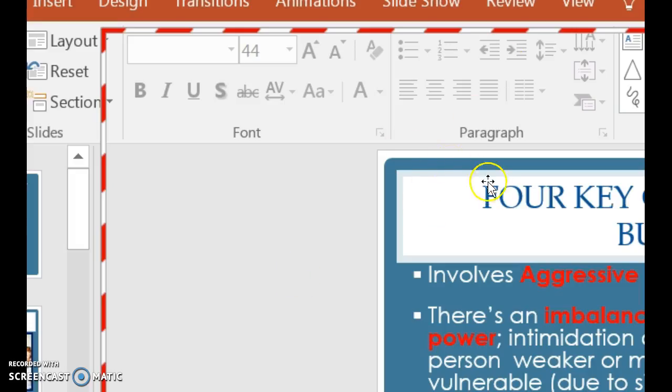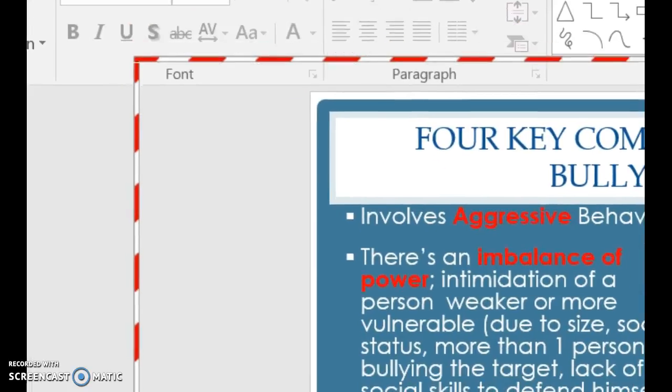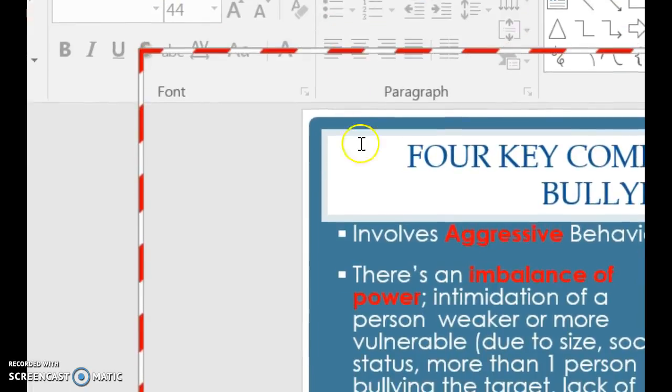Okay, so the four components of bullying are going to be involving aggressive behavior, an imbalance of power, and intimidation of a person. The imbalance of power is a big one. So you definitely want to make sure that you are